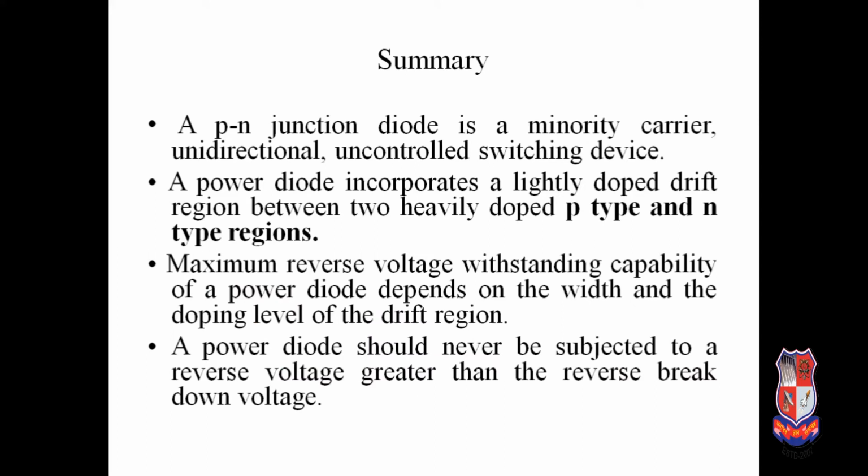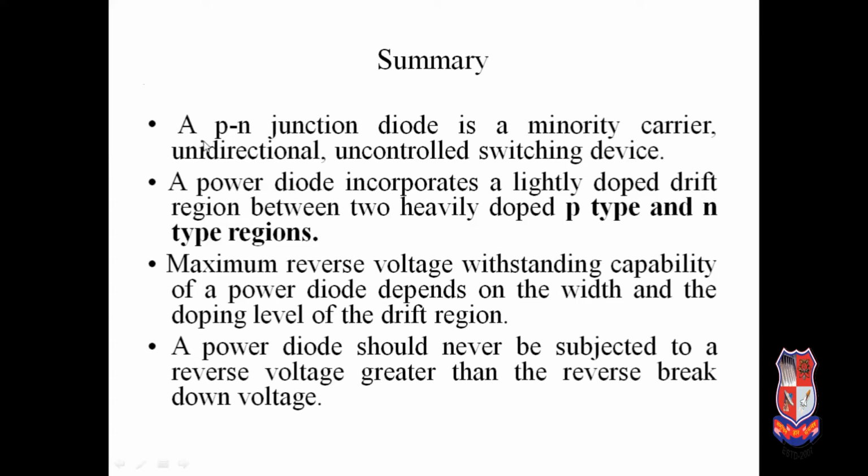In the last lectures 1 to 4 we went through the PN junction diode, its behavior when it is connected to reverse bias, when it is connected to forward bias, and when it is in thermal equilibrium condition. Then we went to the IV characteristic of forward bias and reverse bias. Then we went through the voltage rating related to the forward mode, and the voltage and current rating related to the reverse mode. Then in the last lecture number 4, we saw the turn on and turn off characteristic of the SCR. So now I'm going to summarize all the points.